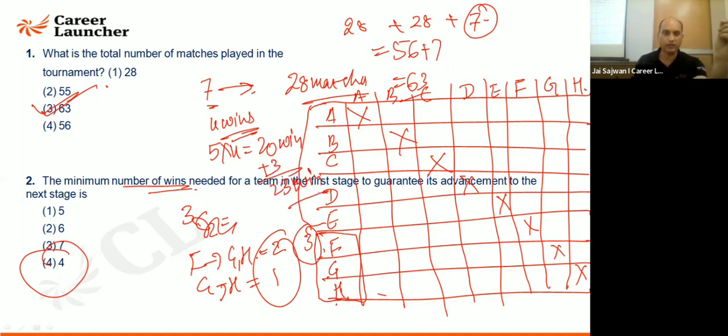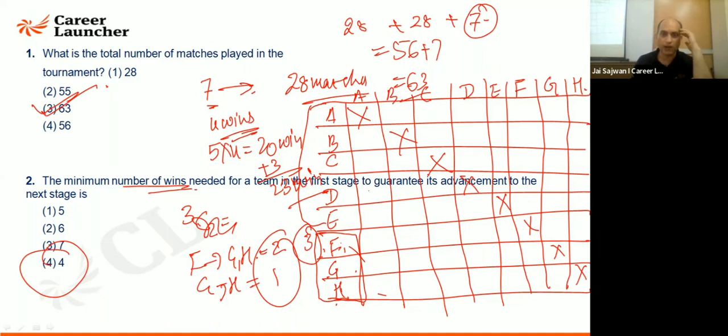I will say with 24 wins, no one is going to move to the next round. Why? Because the total games are 28 games. I don't know what these 3, the losing ones, are going to do with each other. So they are going to win against each other. I don't consider them. I'm saying 5 people are there, 4 people are going to come through. I'm considering 5 people with the same number of wins. Fine. In that case, I will be able to know whether a person can go through or not.